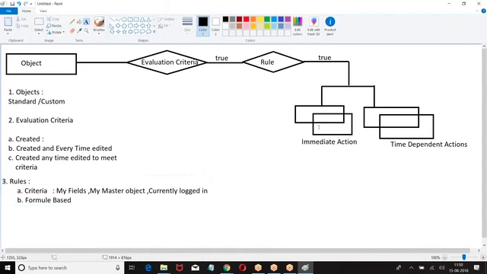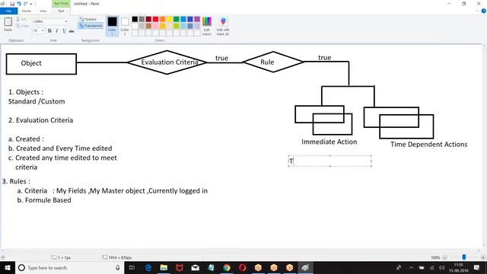The next is action: immediate actions and time dependent actions. What are the different actions we can perform? Task. Task can be created on which object? If you enable activities, we can create a task. What are the options we have? Task can be assigned to a user or a role or an owner.